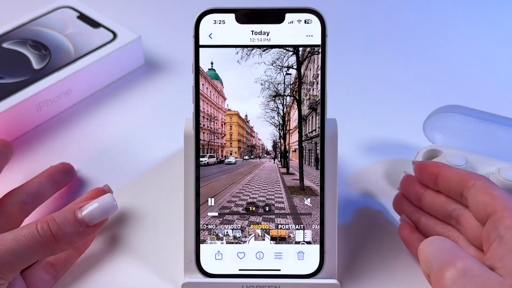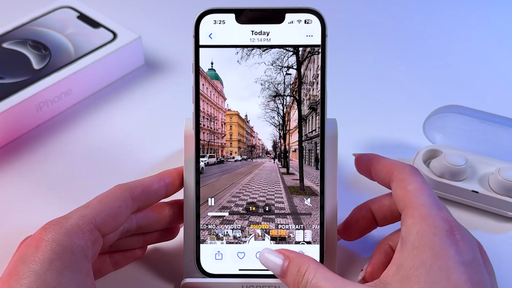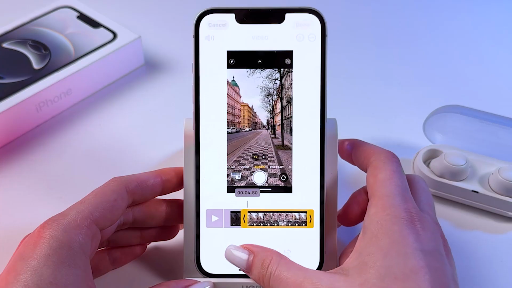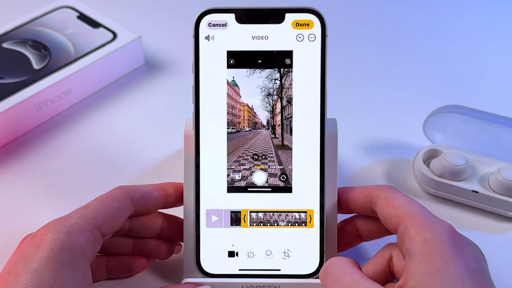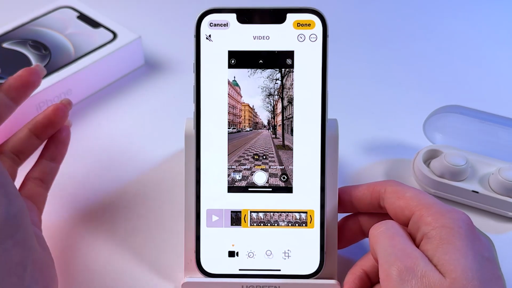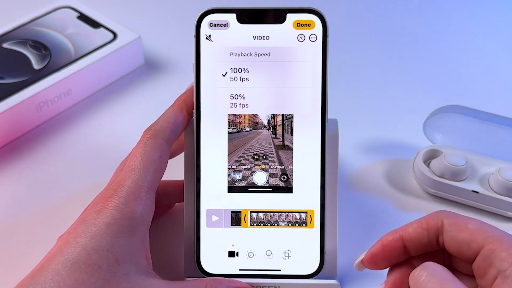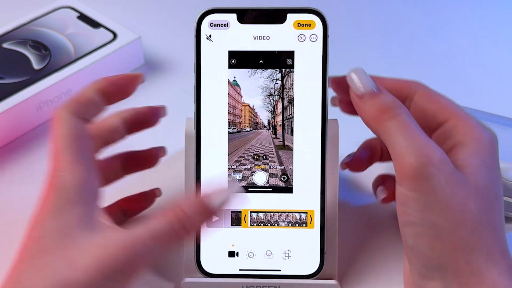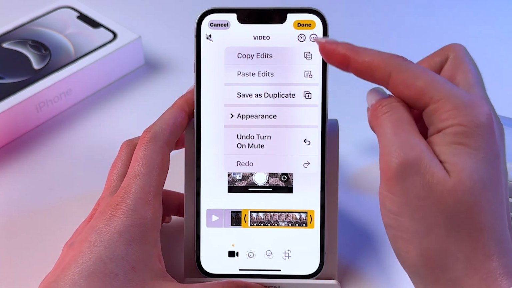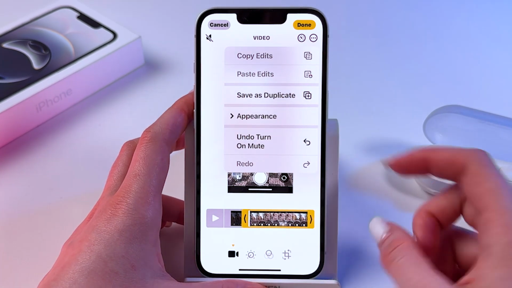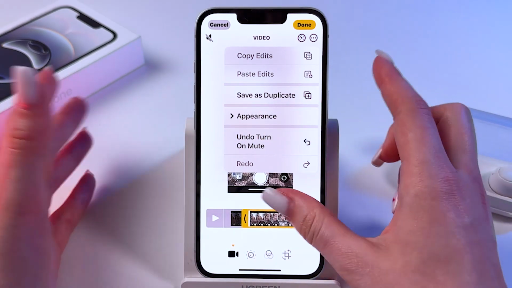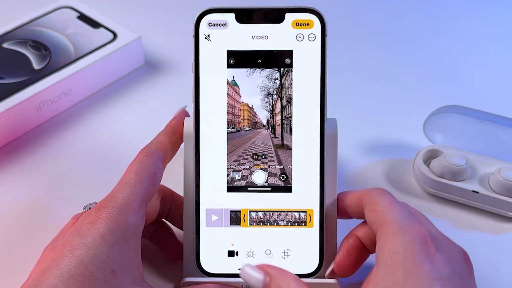Now to edit this video we need to click right here and firstly we can crop it like that. We can mute it or unmute. We can change its speed as well as FPS. We can tap on three dots and here, if you copied edits before, you can paste them, or you can